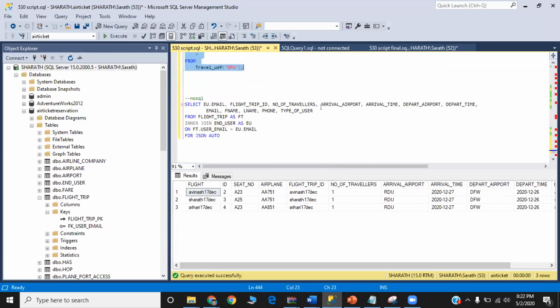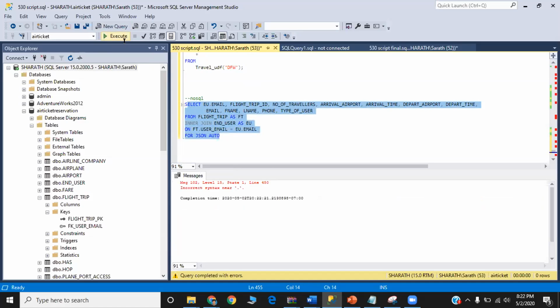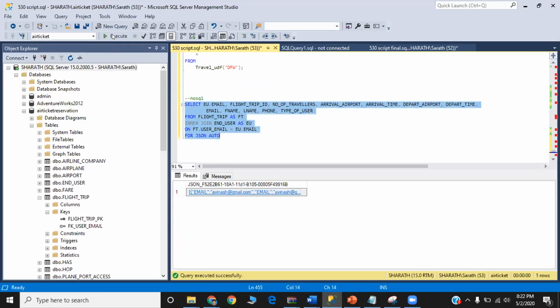And here comes the last part, NoSQL. We are using two tables, flight trip and end user, and we are converting them into a JSON format. Yeah, so we got it.